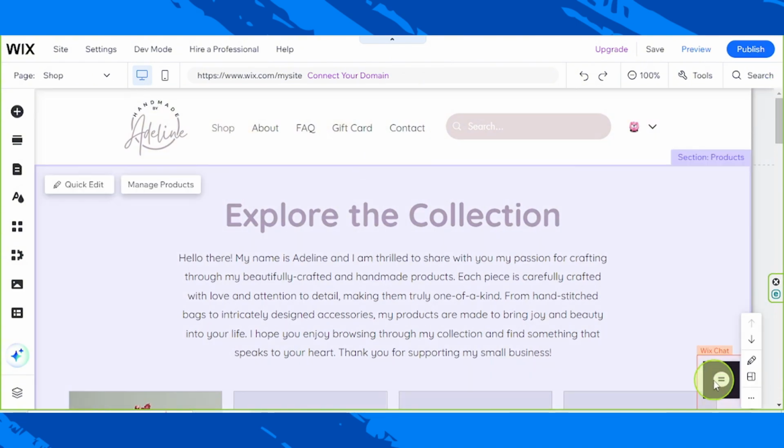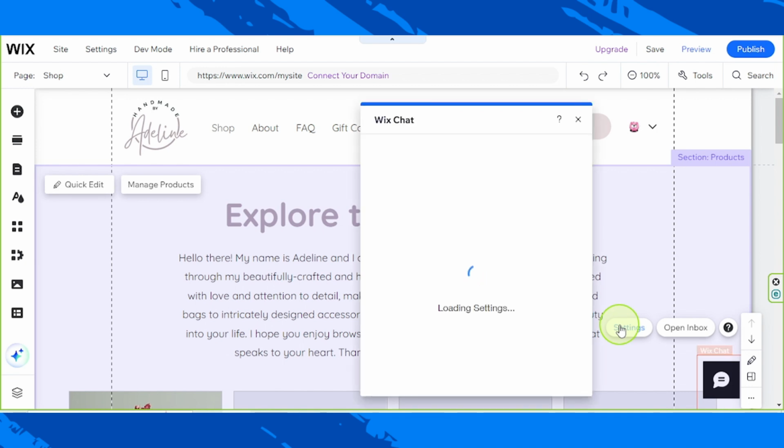And now I'm going to, depending on the apps that are installed onto your Wix site when you created it, you might have this chat icon over here because Wix might have automatically installed Wix chat on your Wix store. So if you'd like to edit your Wix chat, click on Settings